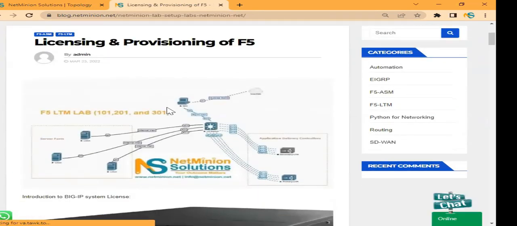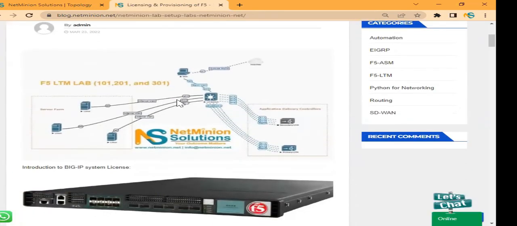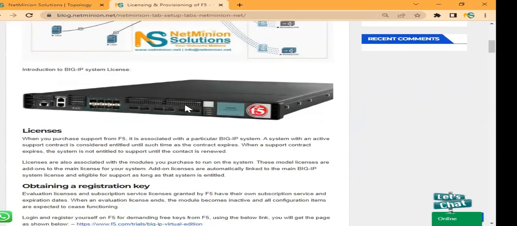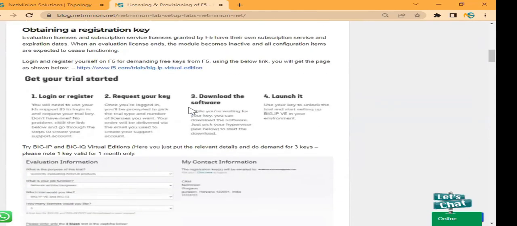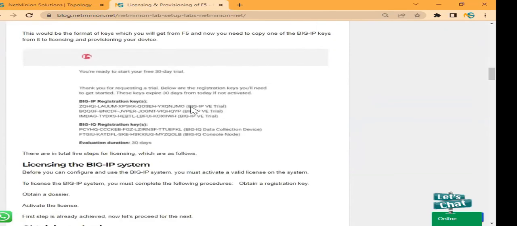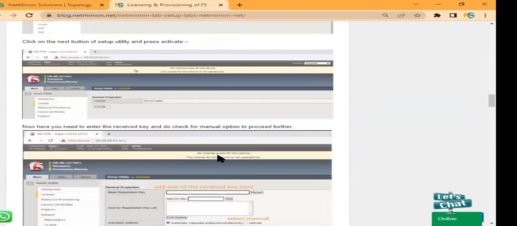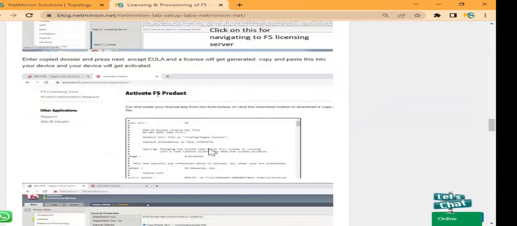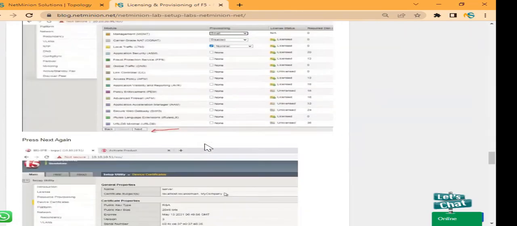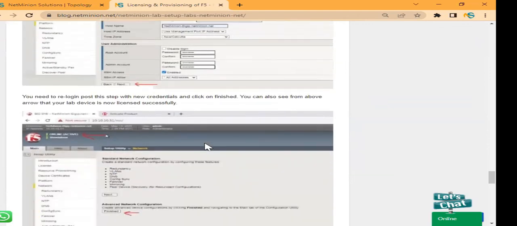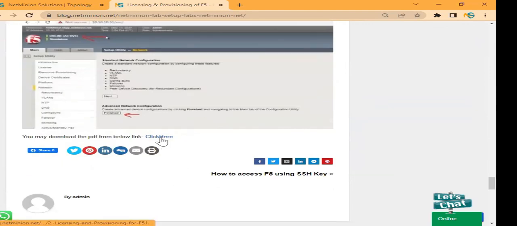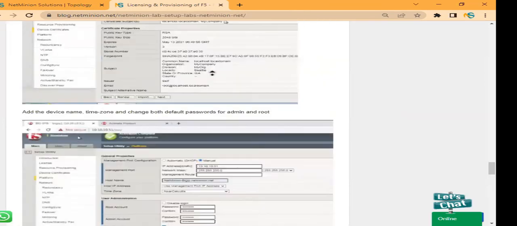If I open it, you can see this is one of my workbooks, uploaded here as a blog. You can see how we explain each and everything, like how things should happen. If you want to download it in PDF form, that is also available.